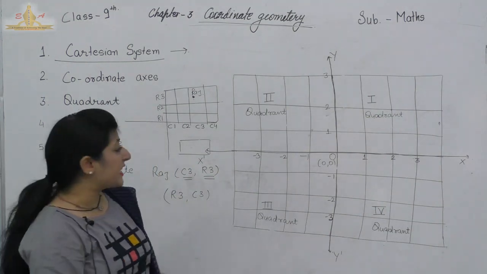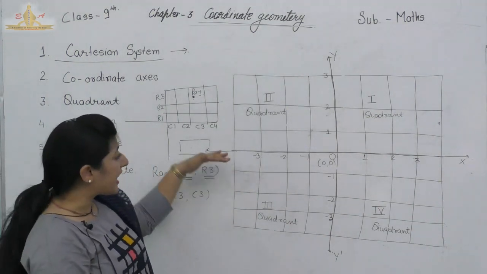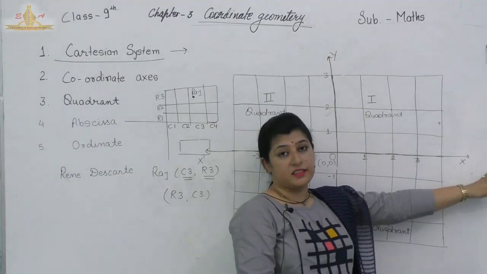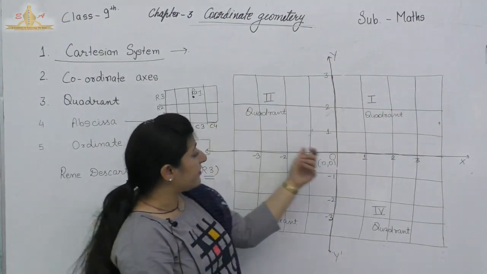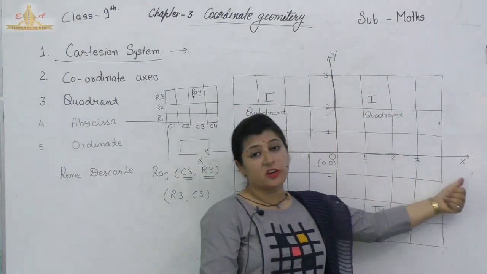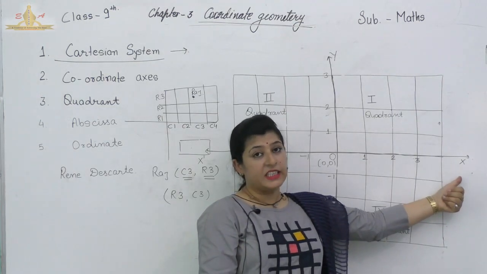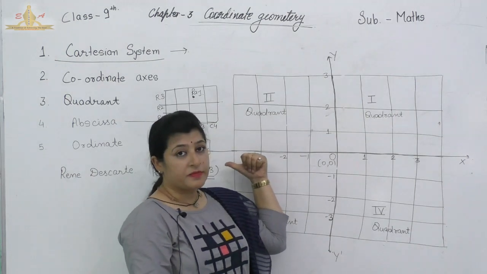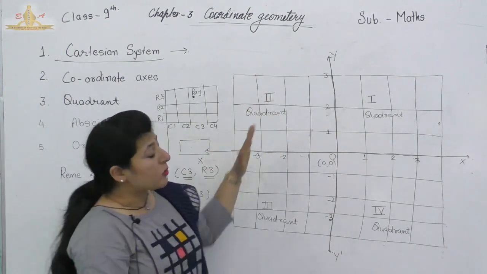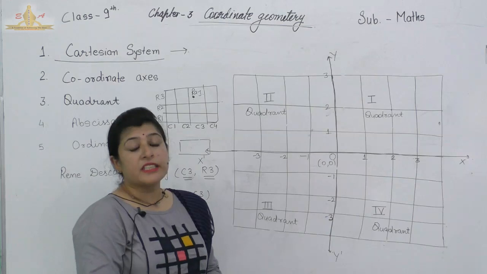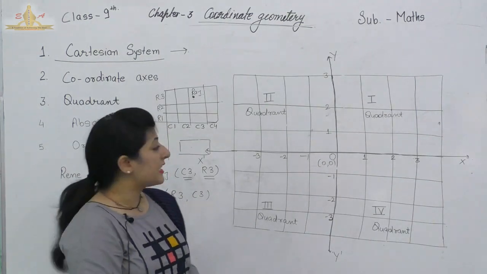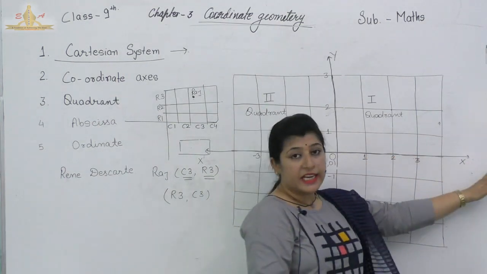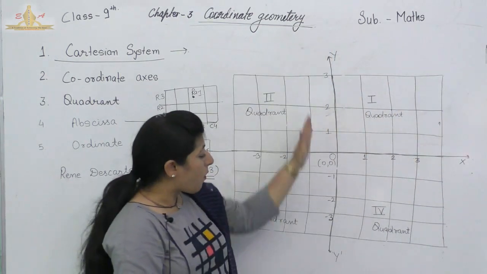We already studied the number line. On the number line we take only one axis. When we need a positive number, we move in the right direction of the horizontal, and when we need a negative number, then we move in the left direction of it. So if we want to describe the Cartesian system, there are 2 perpendicular lines. One is a horizontal line and another is a vertical line.